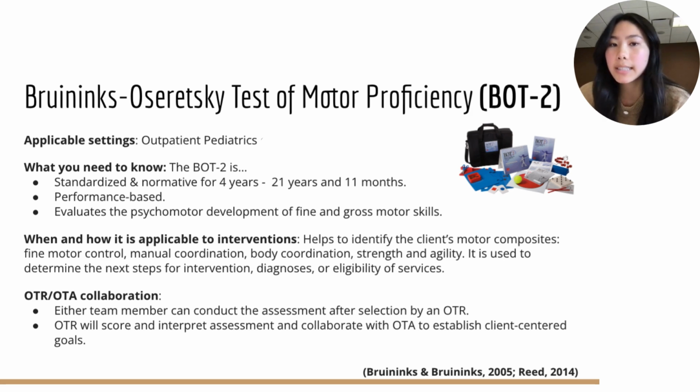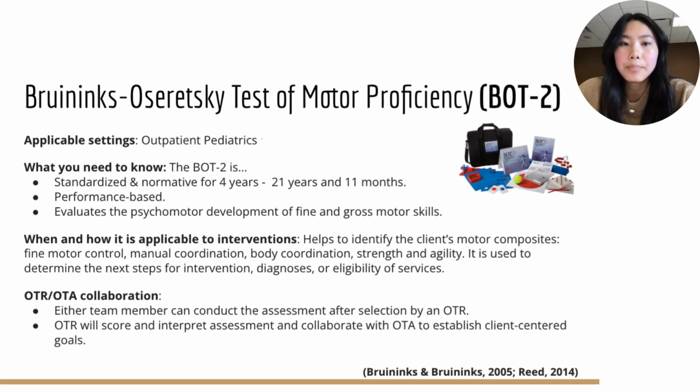it is a standardized and normative assessment that has excellent psychometric data. The assessment has a wide age range and can be used with children between 4 years old and 21 years old and 11 months. The BOT-2 has a total of 8 subtests that include fine motor proficiency, fine motor integration, manual dexterity, bilateral coordination, balance, running speed and agility, upper limb coordination, and strength. These 8 subtests can come together to create motor composites in fine motor control, manual coordination, body coordination, strength, and